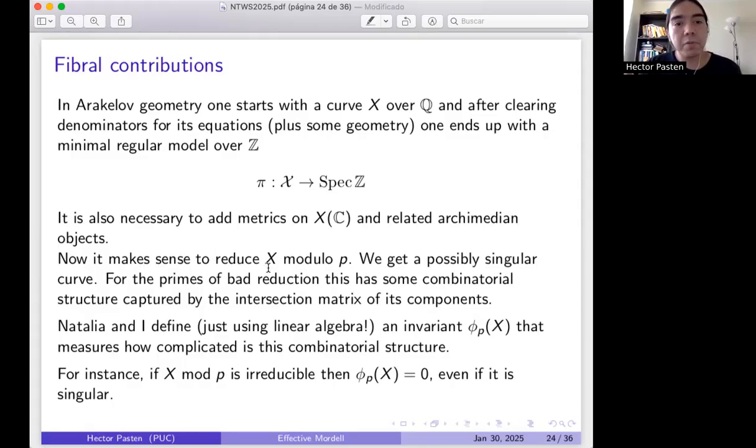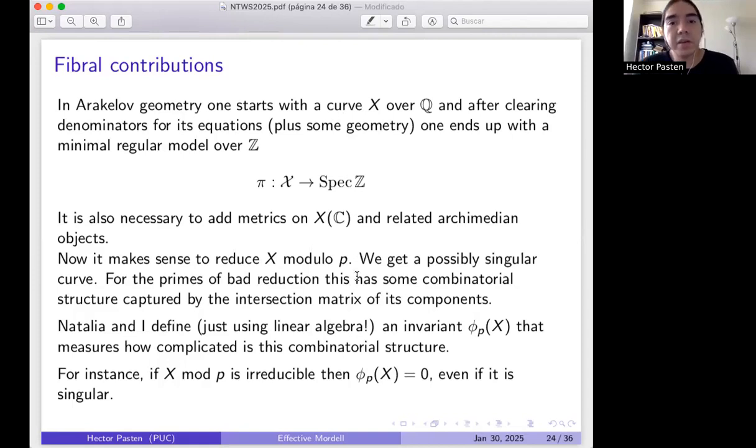Now it makes sense to reduce your curve modulo p because you clear the denominators. I think there is another question in the chat. Yes, would you please unmute and ask away? Yeah, there are formulas. Yes. There are explicit formulas in terms of different choices of coordinates on the moduli space, in particular this one. And there are explicit formulas for the delta invariant. And you can approximate it numerically to whatever precision you want, provided you can deal with these ugly formulas. But yes, I think that recently Wilms has some theorems regarding how to do this numerically. Okay, thank you. Thanks for the question.